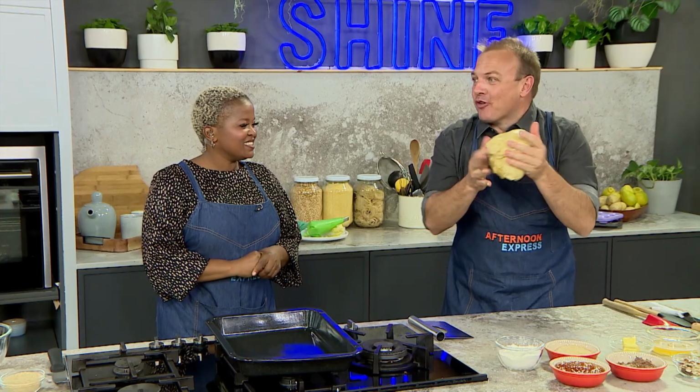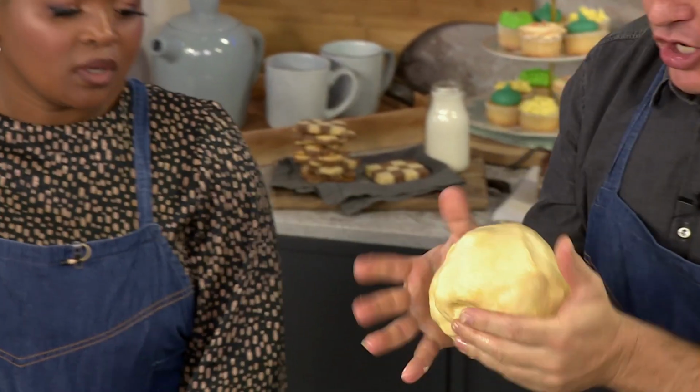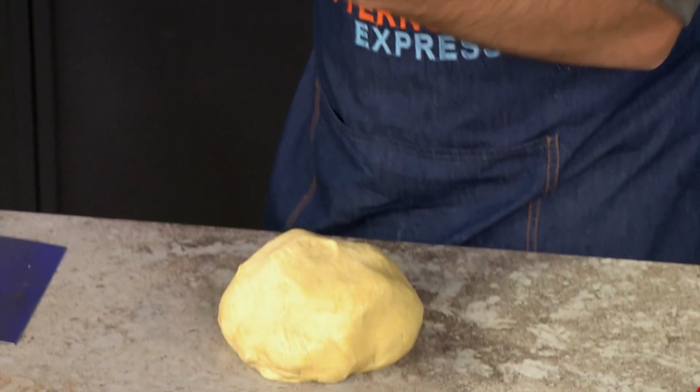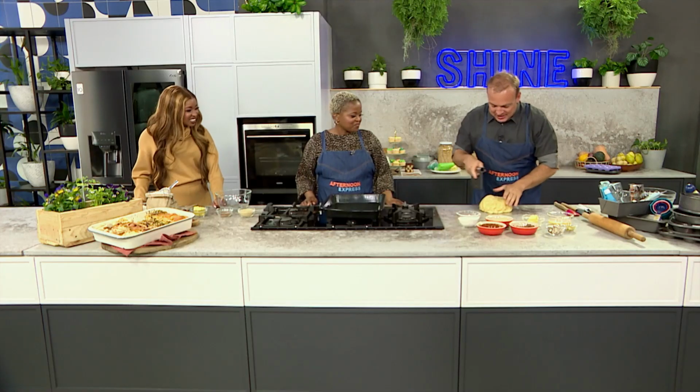So here's this beautiful brioche, and it smells wonderful. It's got a sort of yeastiness to it, but it's rich, it's buttery. I mean, look at my hands. You almost lather yourself in it. It's so good. So what we're going to do is I'm going to give a piece here